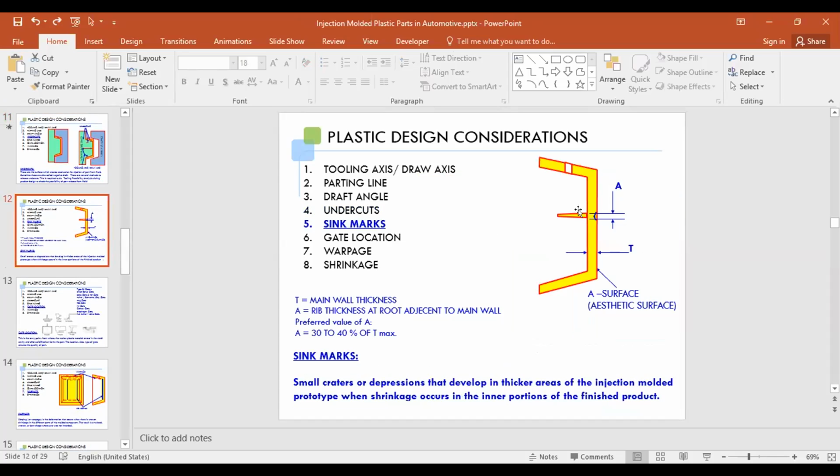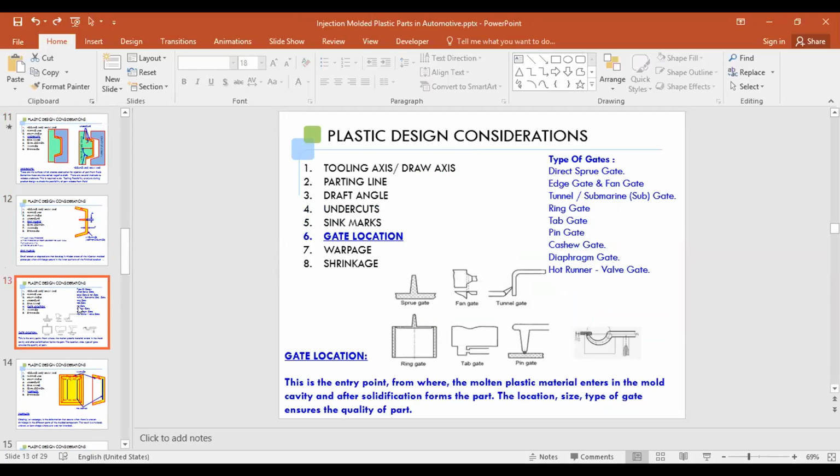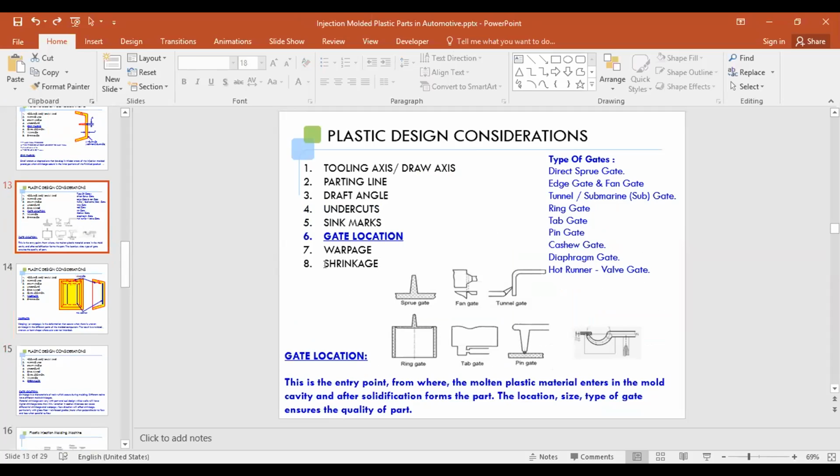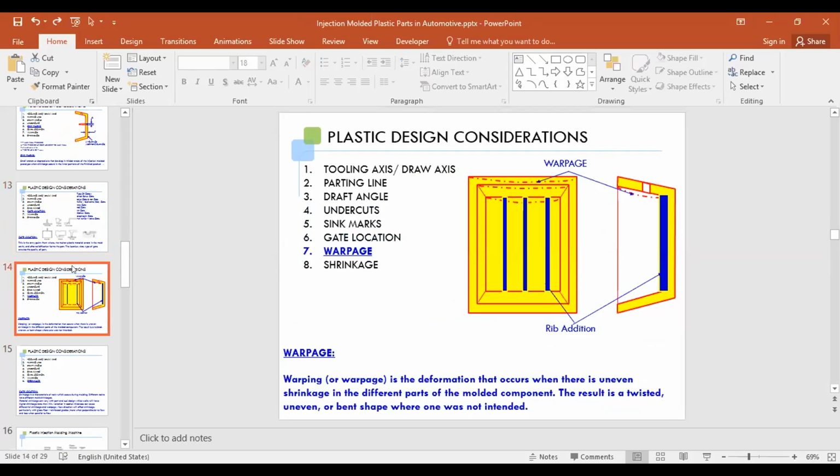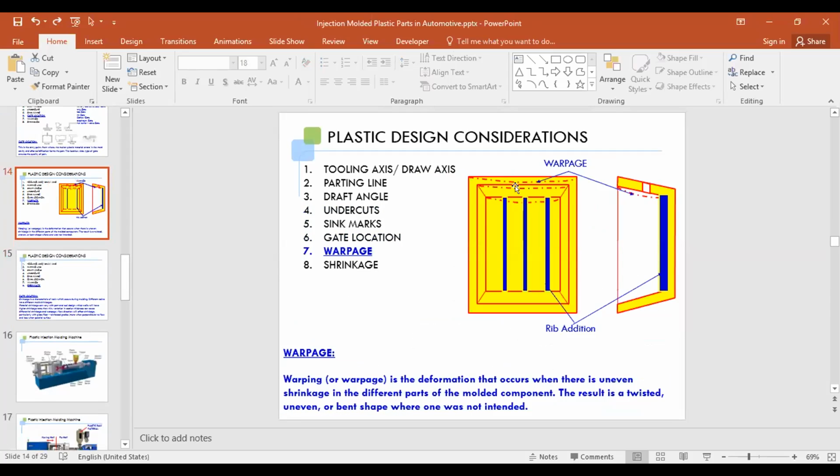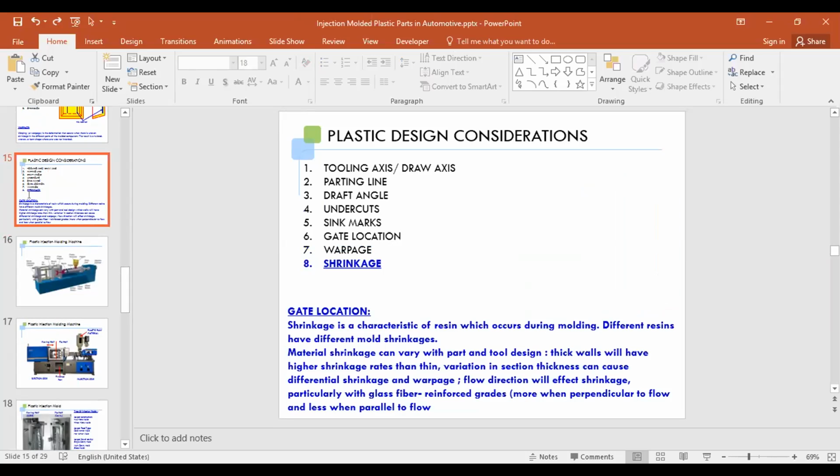So now the sink mark is also one problem. We need to consider this also. Gate location is another thing, and warpage also, and shrinkage also. Warpage is a problem we can see in some parts, where the main wall is deformed. We have many means to avoid that by adding some ribs there. And yeah, shrinkage, we know that